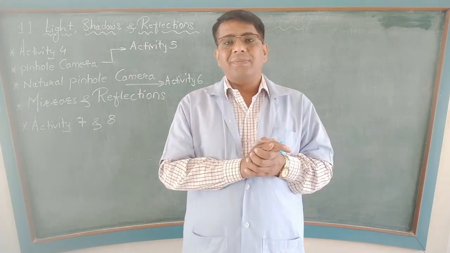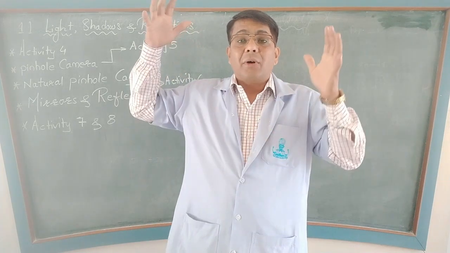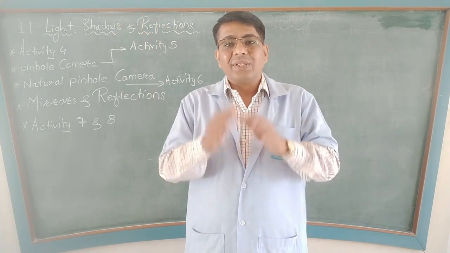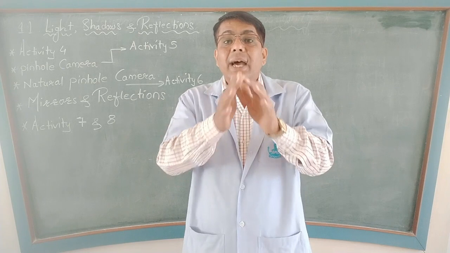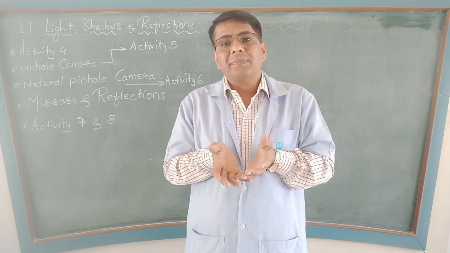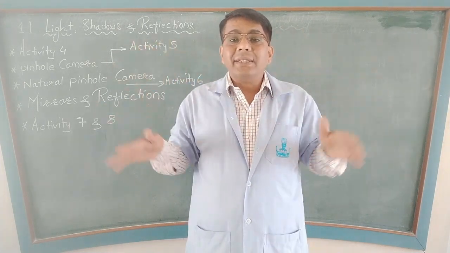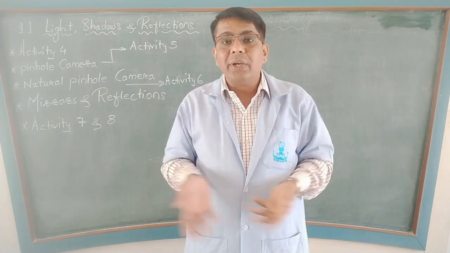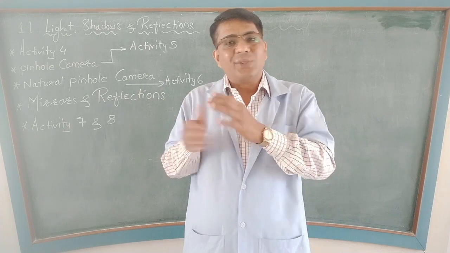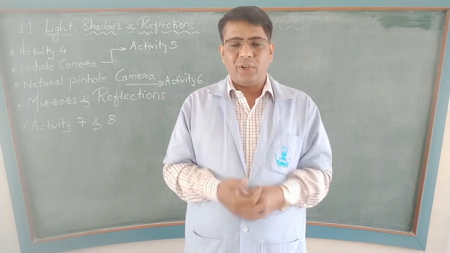Now the shadows which are formed also consist of two parts. When the source of light is a wide source of light like the sun, the shadow which is formed is darker at the center. That darker part is called the umbra. Okay, and the partially shaded part which surrounds that darker part is called the penumbra. Now this is not in your book, this is just for your understanding and extra knowledge.